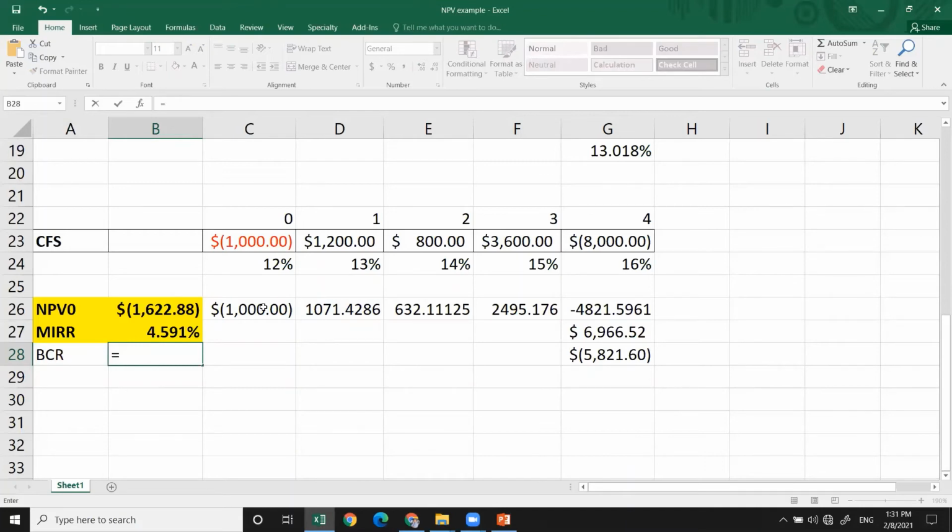It's benefit cost ratio. It's present value of the benefits you receive in the future divided by present value of investment cost. Do not consider the irregular cash flow as investment cost. So what I do here, I just take the sum value of my